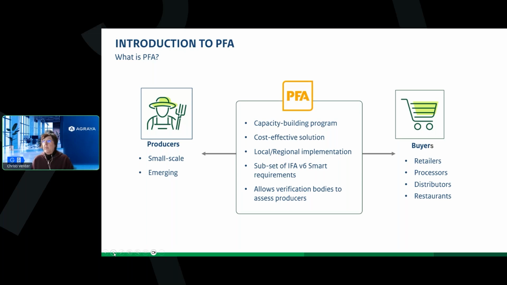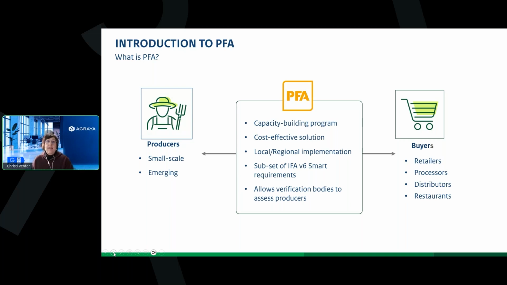Then it's also cost effective because, as I said, it's spread over a couple of months or years or however they want to do the implementation. So it's not the huge cost at once. And also in terms of the assessment itself, it is shorter compared to the full IFA assessment. So in that sense, it should be more cost effective than what IFA is at the moment. The purpose of this is, when you are going for this program, you cannot export with it. It is designed in a way that it's pretty much for local and regional implementation.